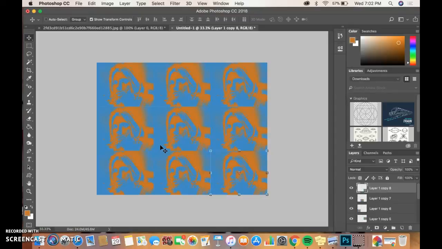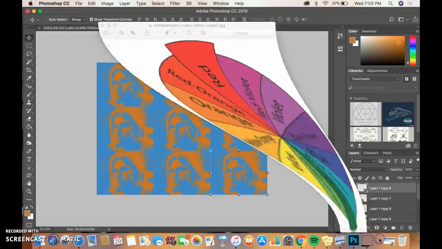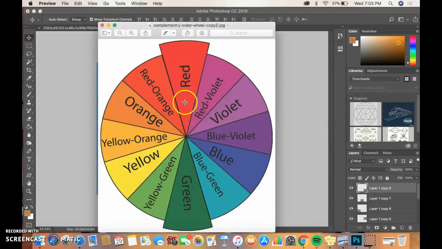Okay, so now you guys get to play with the color combinations. So we already learned complementary colors. You all know that they are opposite from each other on the color wheel. Let me pull up my color wheel. So red and green,